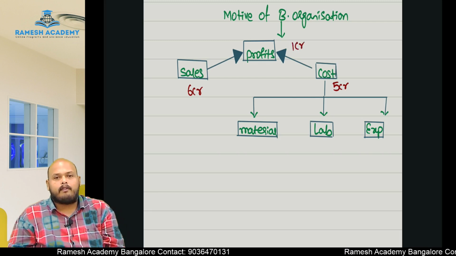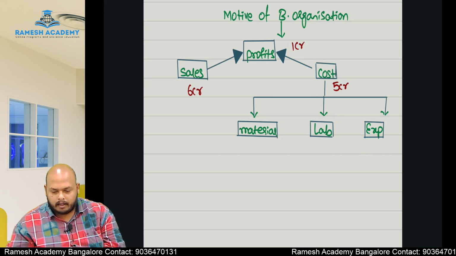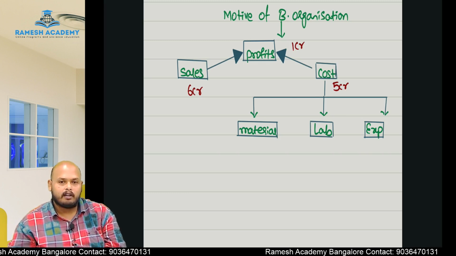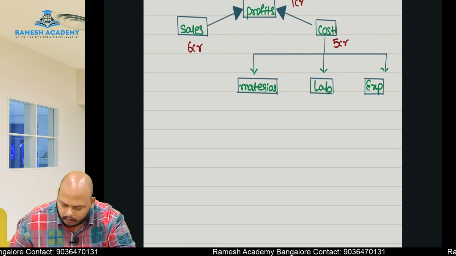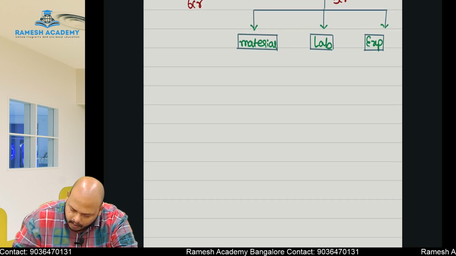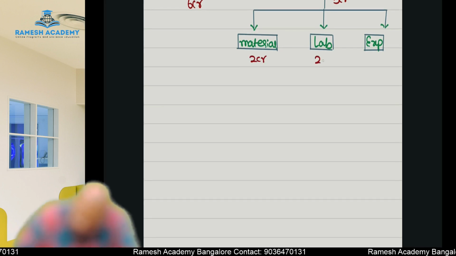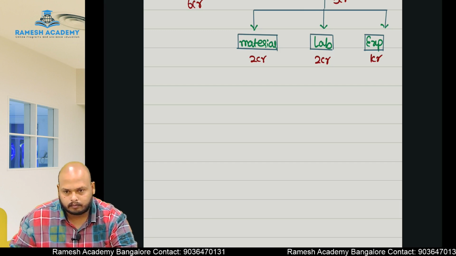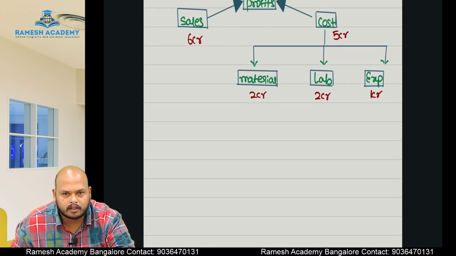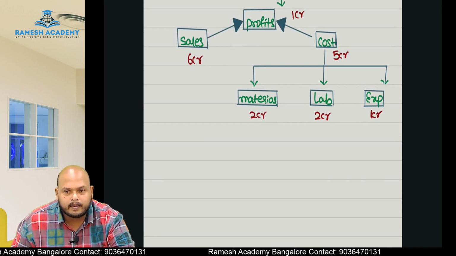So when the sales is 6 crore and the cost is 5 crore, what is the profit here? 1 crore. Okay. Now let us classify this 5 crores. Let us assume material cost is 2 crores, and the labor cost is 2 crores, and the expenses cost is